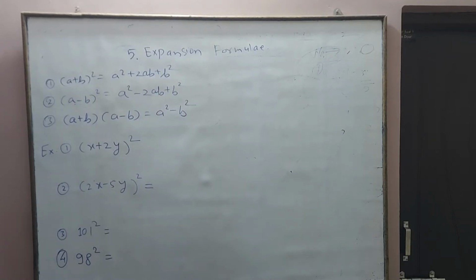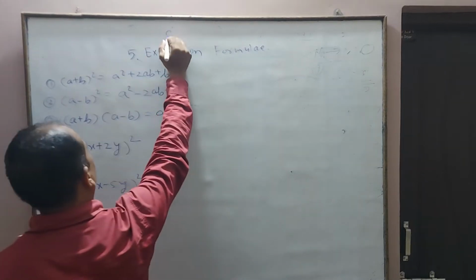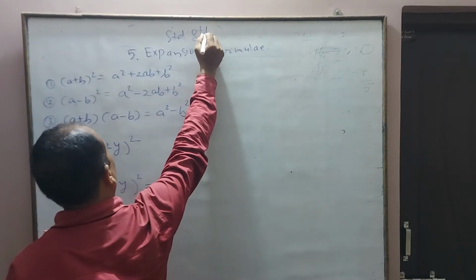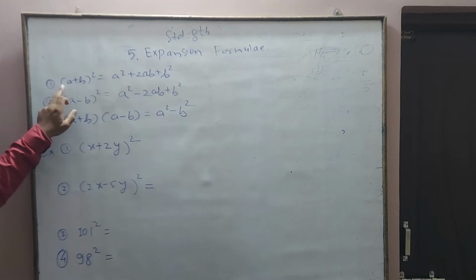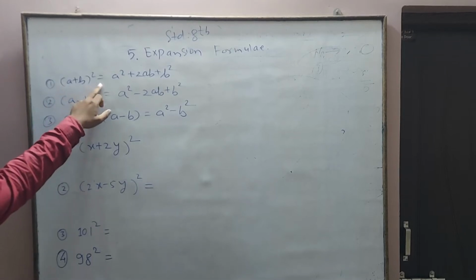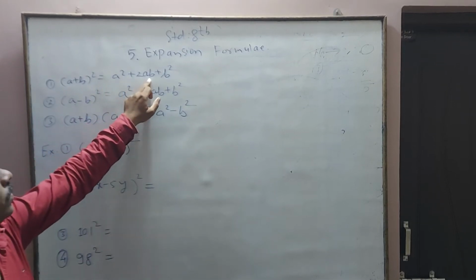Today we see chapter number 5, standard 8. Expansion formulae. Now the first formula is (a plus b) whole square equals a square plus twice ab plus b square,